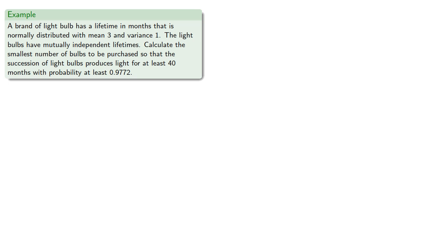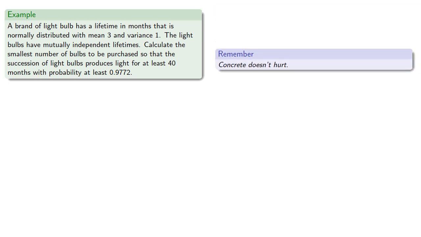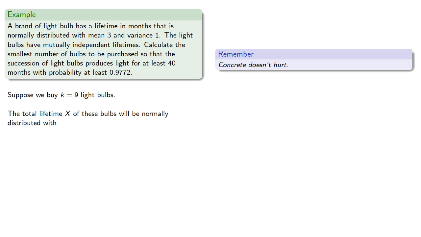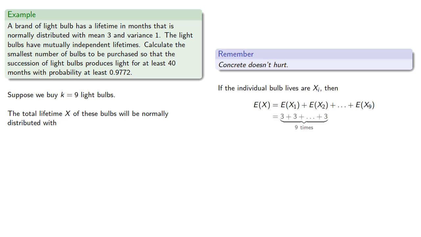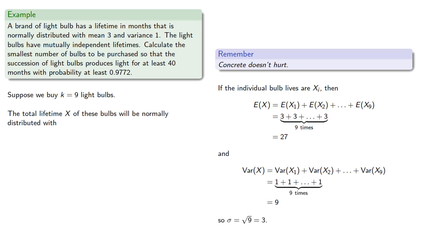Or let's buy some light bulbs. Suppose our light bulbs have a mean of 3 and variance 1, and we want to find the smallest number of bulbs purchased so that our set will last for at least 40 months with probability at least 0.9772. So concrete doesn't hurt. Suppose we buy 9 light bulbs. The total lifetime of these bulbs, well, that'll be 9 times the lifetime of the individual bulbs, and the variance will be 9 times the variance of the individual bulbs. So our mean and standard deviation will be